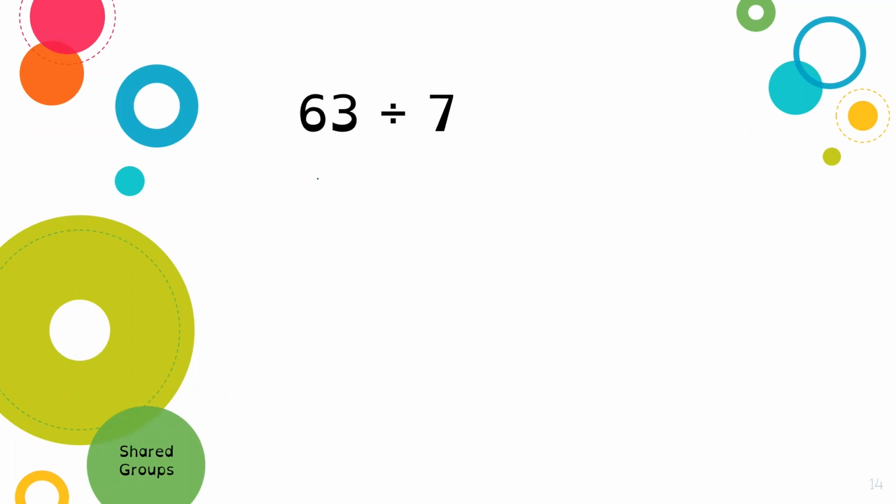So often when we're first learning about division, we make 7 groups and we share it out one by one by one by one until we run out. We could do that, but I'm also going to think about, if we shared, instead of doing by ones, we can do them in other friendlier numbers. So 7, I'm going to think of as the 2 numbers of 5 plus 2. So if I have 63 things and I want to share them in groups of 7 and see how many